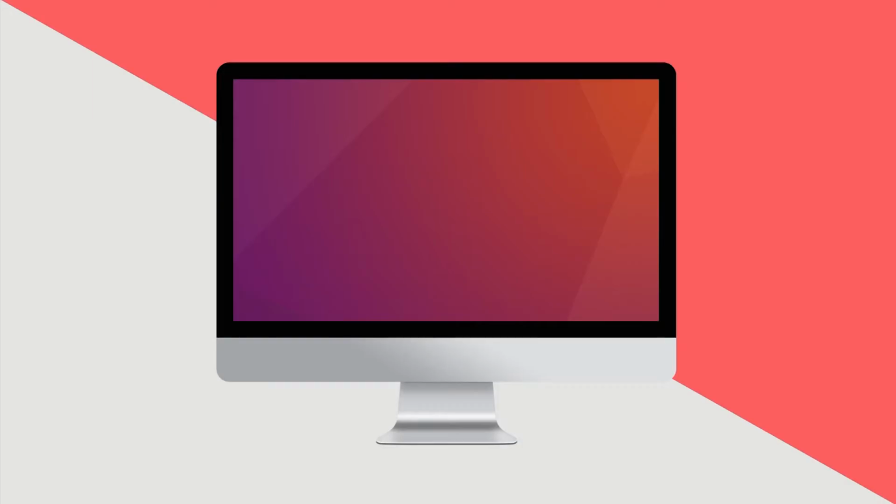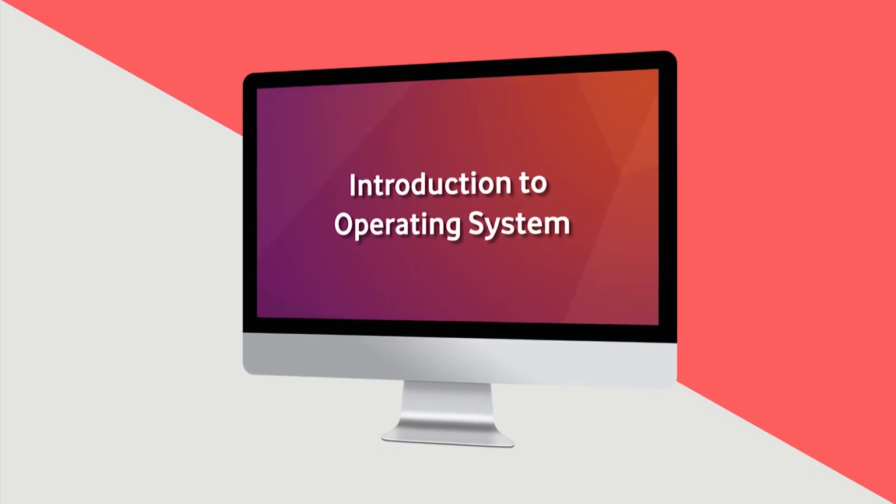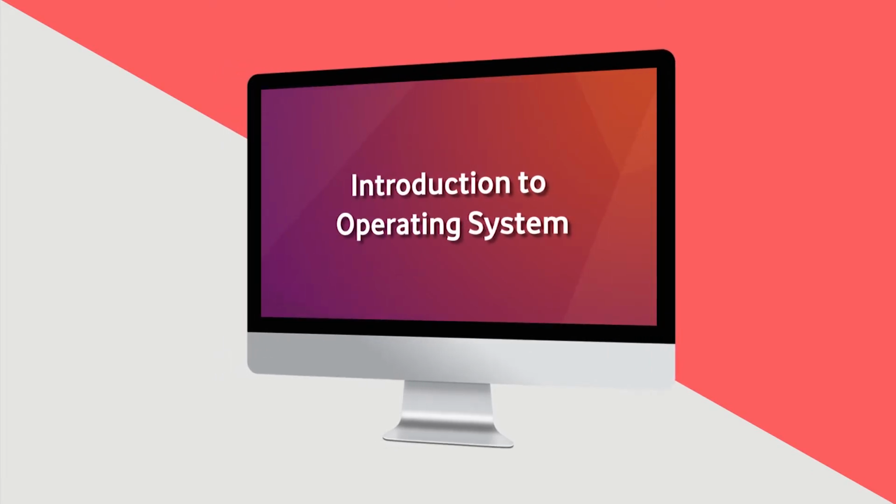In this session, I will be talking about different softwares which we generally use for the different activities which we perform in our computer system. The topic of this session is Introduction to Operating System. So, we will try to know what are the different types of software which we generally use in our general purpose computers, and what specifically operating system means, what are different kinds of operating systems